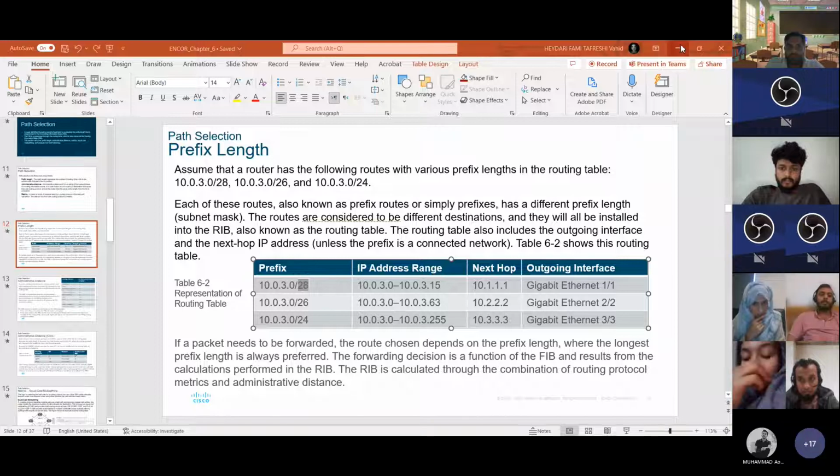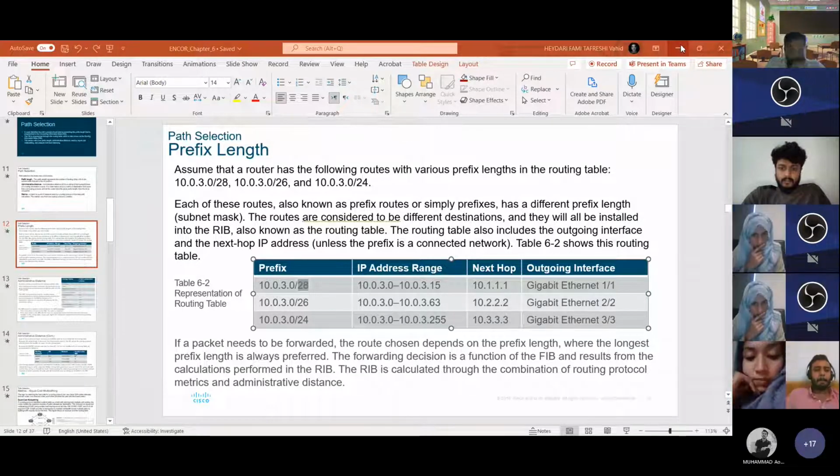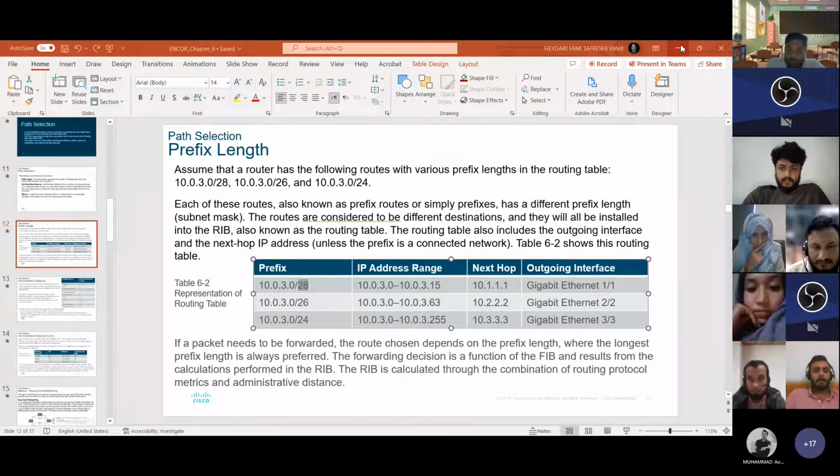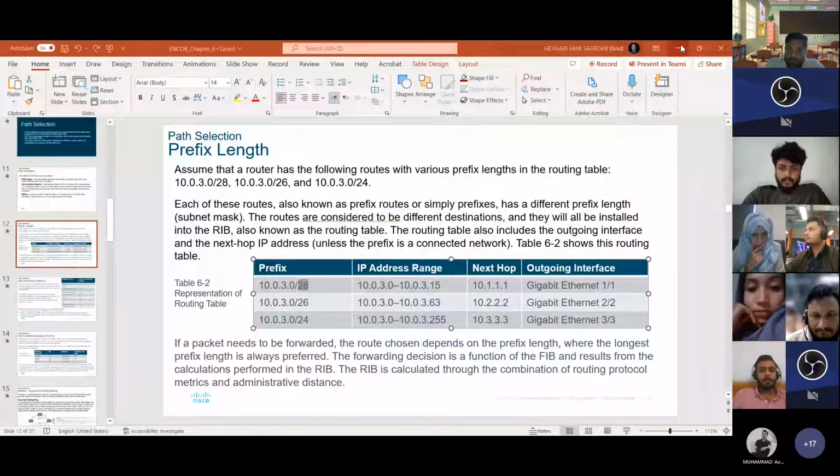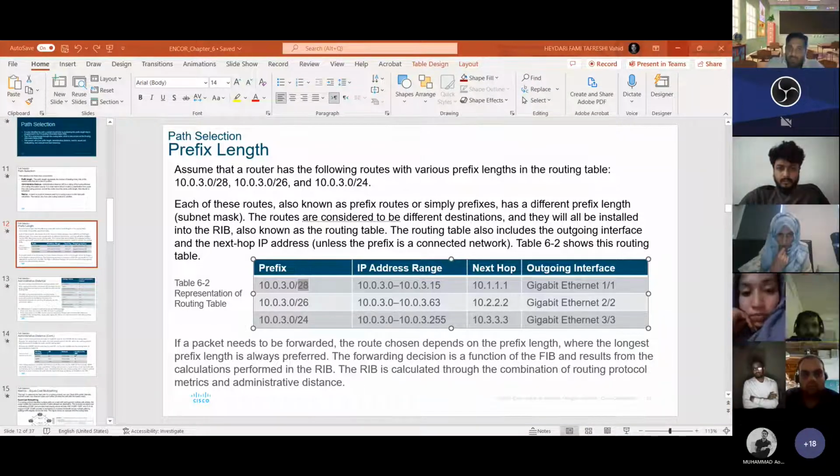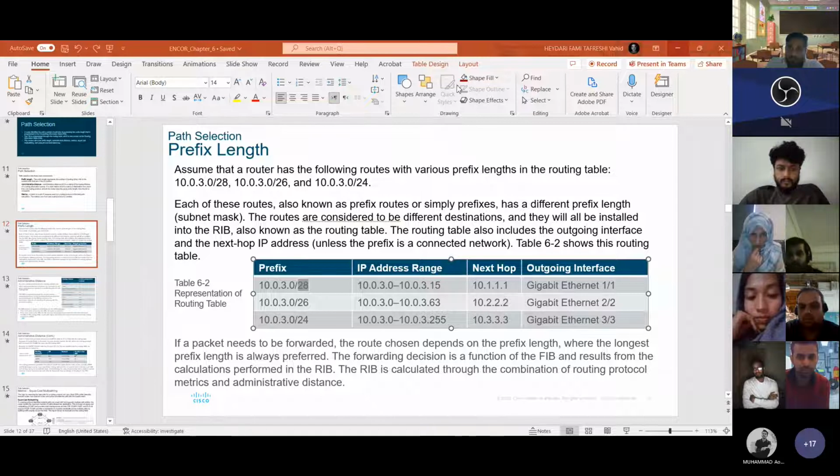Shuaib, Stripe is not here. I need to make him absent. Stripe. He's here. Hi, Stripe. Have you